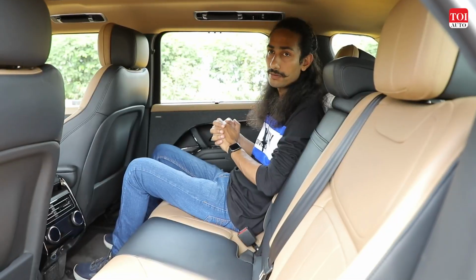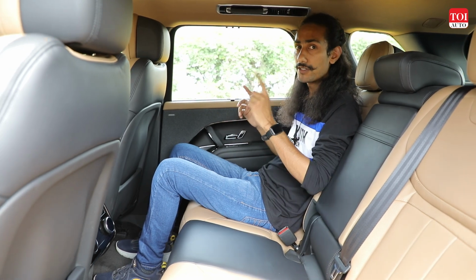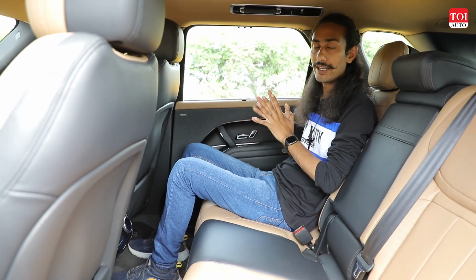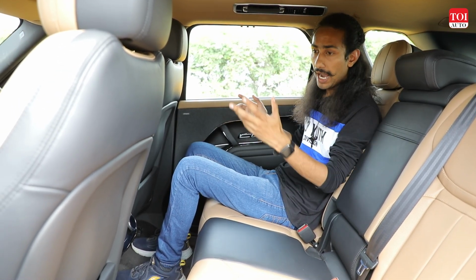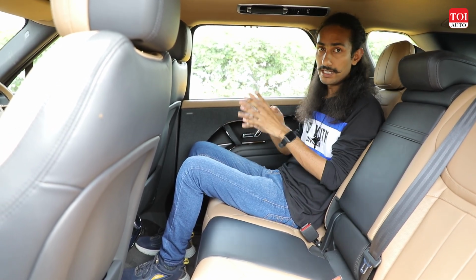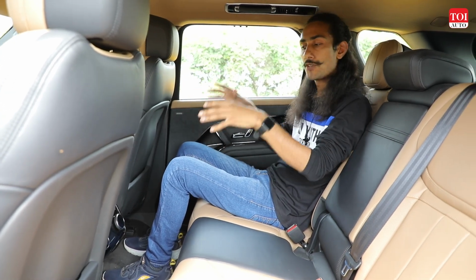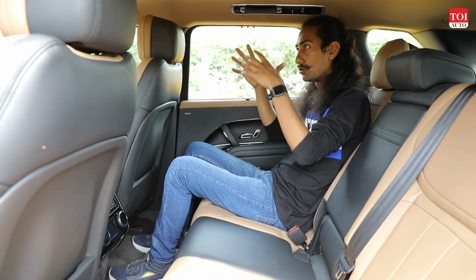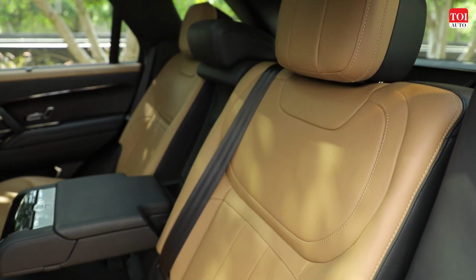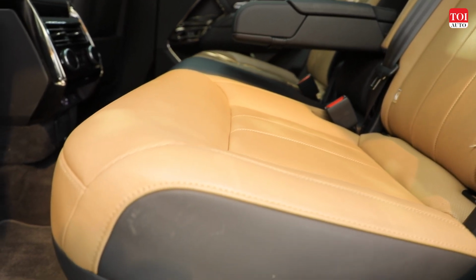Now let's talk about some of the things that I did not like as much about the Range Rover Sport. And the first thing on my list is the second row experience inside the vehicle. I did say that the interior quality and the features are very nice and impressive, but that's mostly true for the front 2 seats. Over at the back, you get a decent amount of space, but I feel that if you're spending around 2 crore rupees on a vehicle, you should be